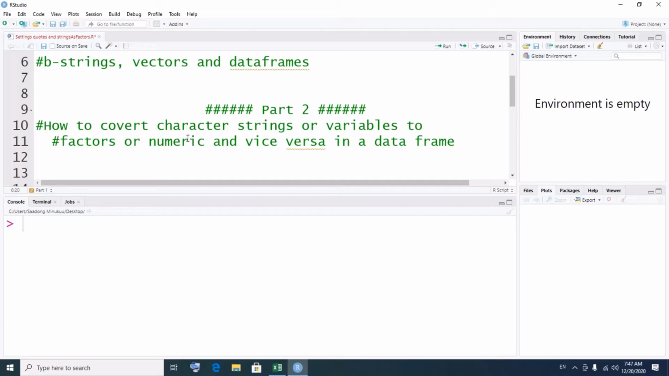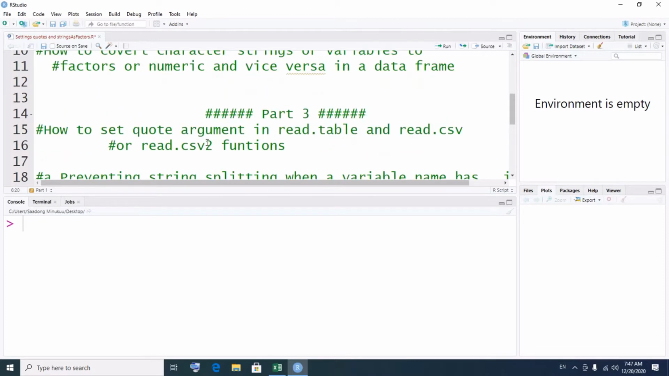Or we might sometimes, when we read data using read.table or read.csv or any of the data reading commands, find that R may not be able to recognize a numeric variable as a numeric variable. It might recognize a numeric variable as a character, and you would have to convert it back into numeric format. So we will look at all these things, and we also look at, in the third part of the tutorial,